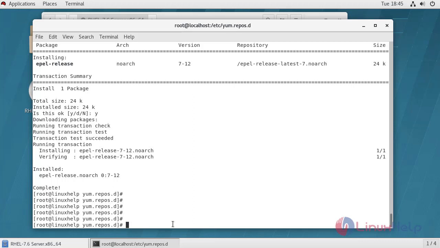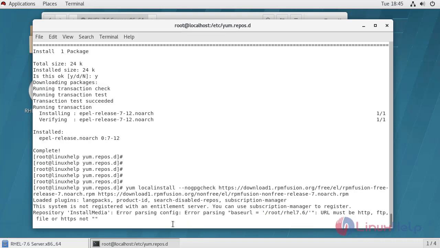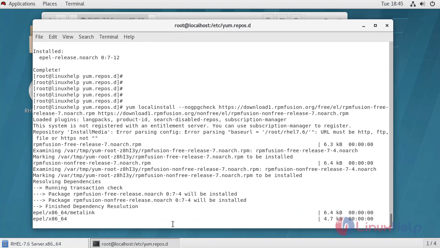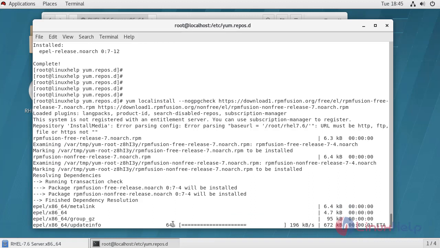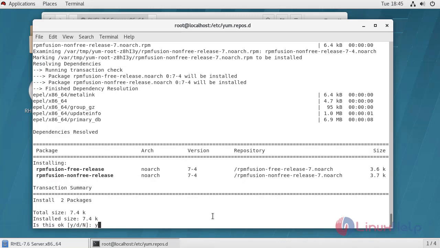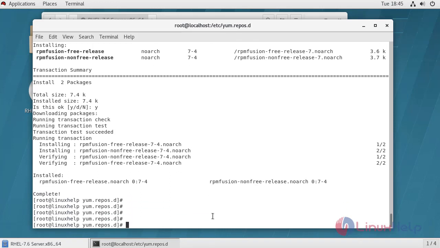Then for the RPM Fusion repository, follow the command. Press Y. Both repositories have been installed.